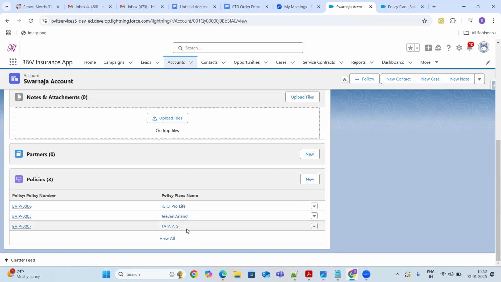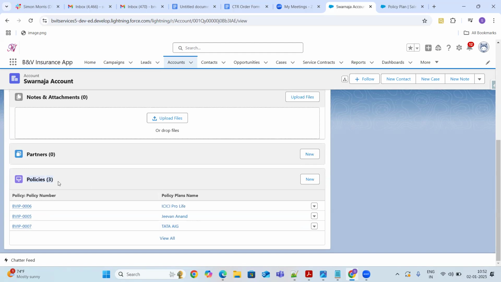So establishing this kind of relationship, we can call it a many to many relationship. One customer can associate to multiple plans. One plan can associate to multiple customers. And this is possible only if you use a junction object. In our case, policies is the junction object. Okay.